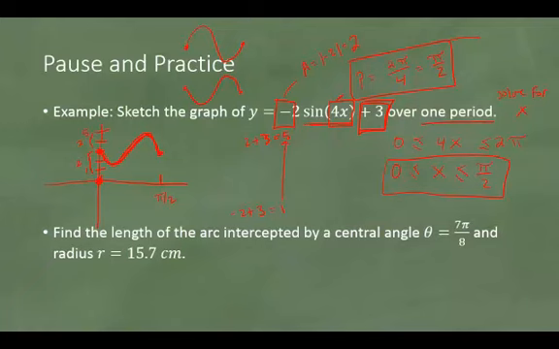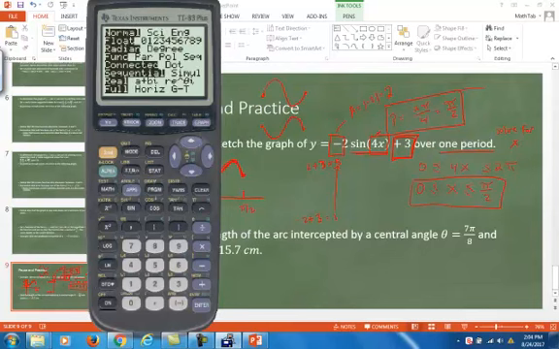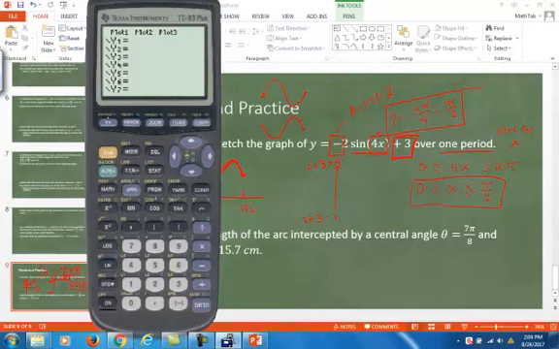Let's just do this on the calculator real quick to make sure that we're doing the right thing. Let's go to y equals. Notice that we're working in radians here. It's pi over 2. There's no degrees, so you need to go to mode and make sure you're still in radians, not in degrees. You're still in radians. Hit y equals. Then we're going to type in our function. Negative 2, not minus 2, negative 2 sine 4x